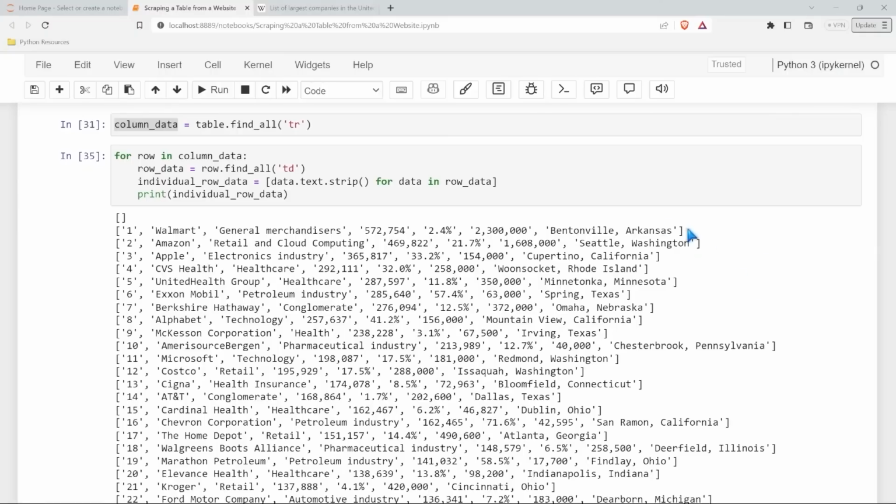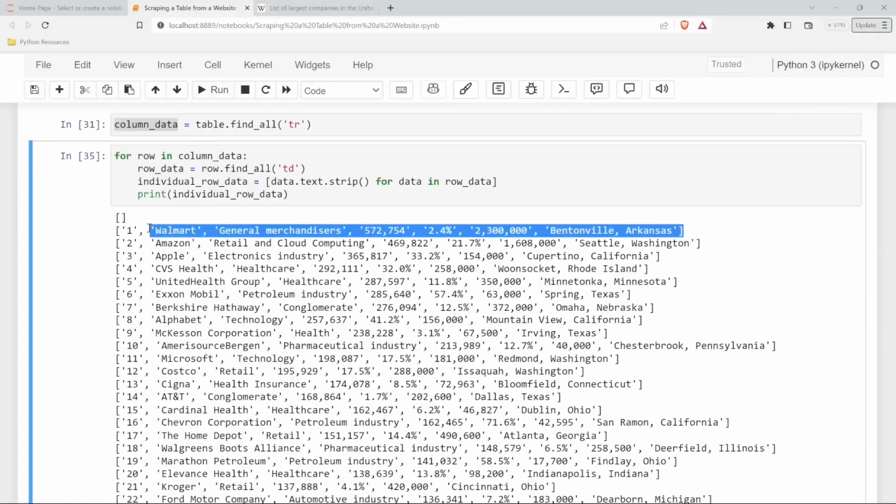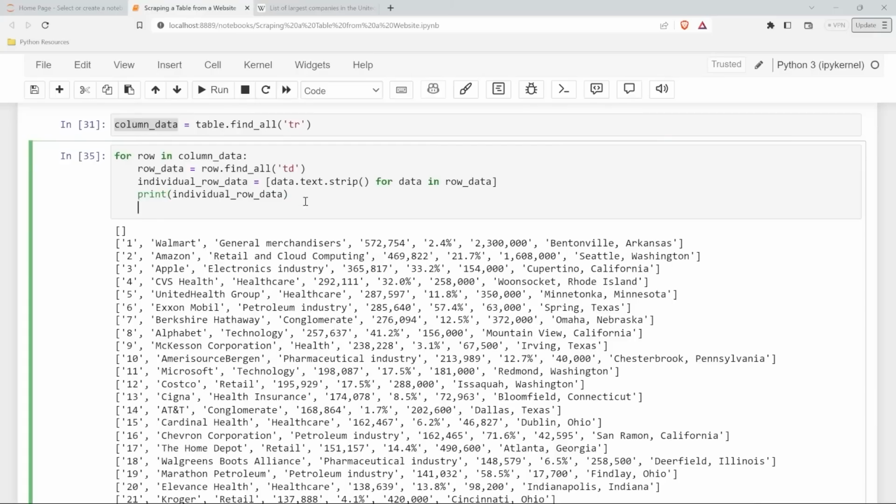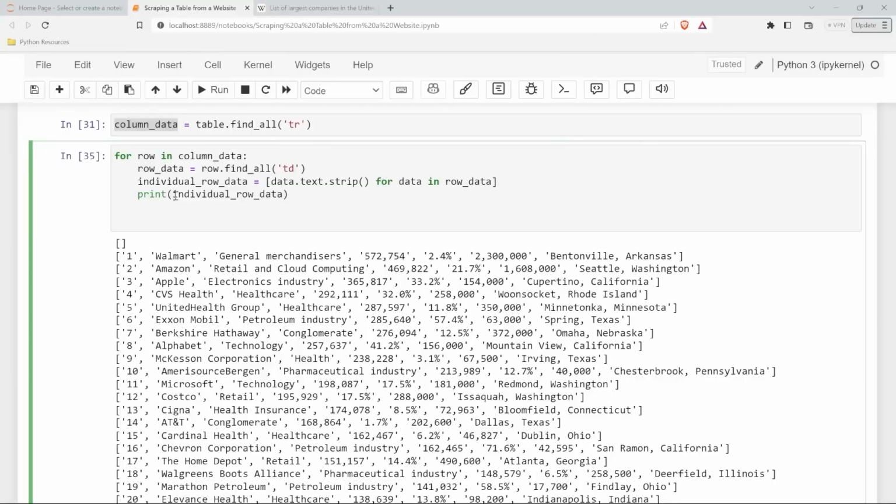Because again, these are all individual lists. It's not like we're just putting all of this in at one time. We can't just take the entire table and plop it into the data frame. We need a way to put this in one at a time. Now, if you're just here for web scraping and you haven't taken my Pandas series, that's totally fine. That's not what we're here for anyways. But what we can do, we'll have our individual row data and we're going to put it in